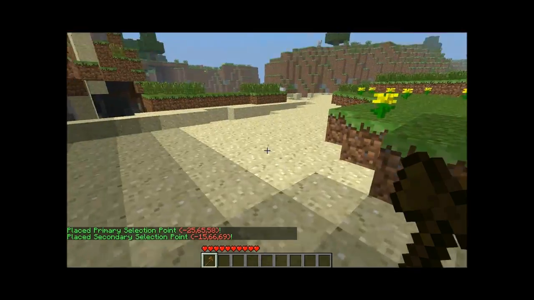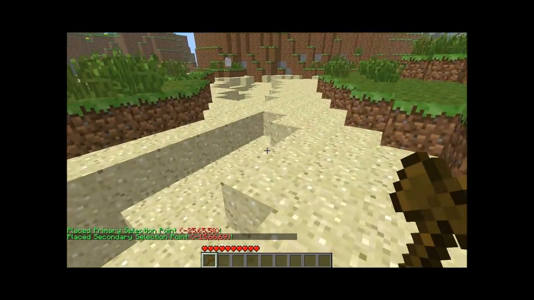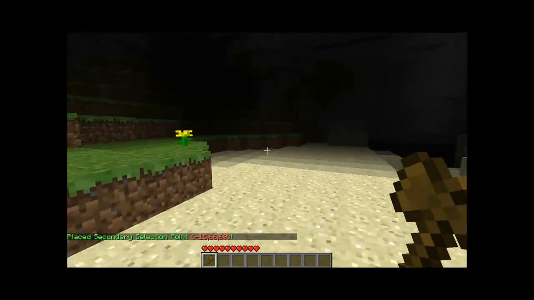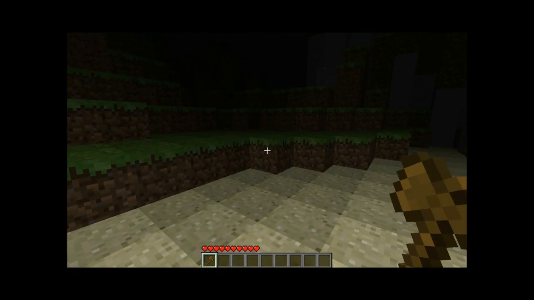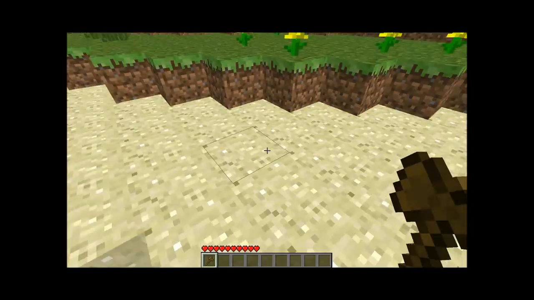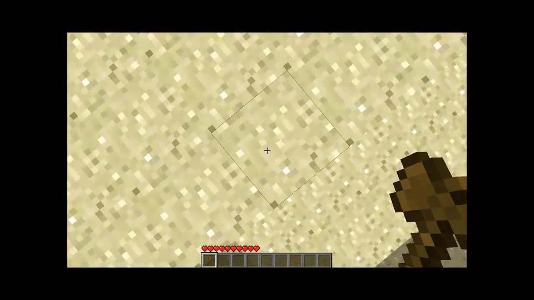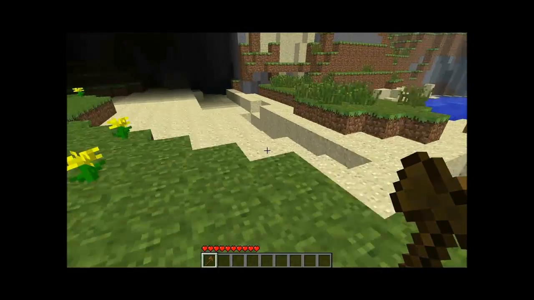So from these 2 corners of the rectangle will all be protected, but if I just select those 2 points there, only in that square from that point all the blocks to that point will be protected. But I want all the blocks above and below,